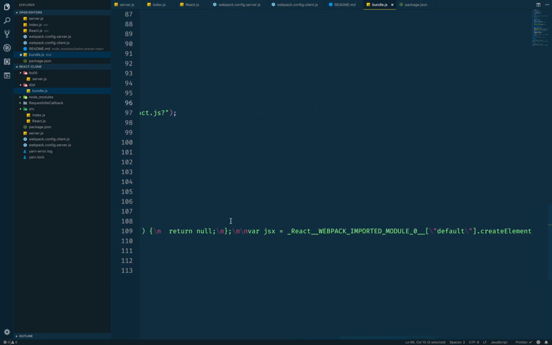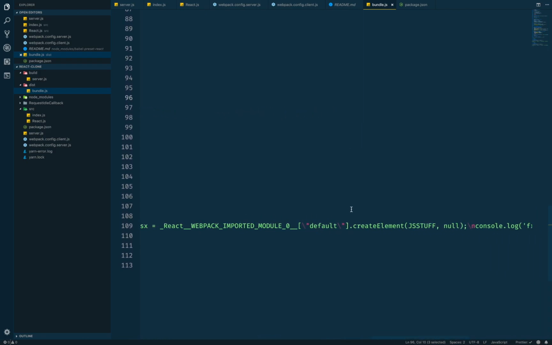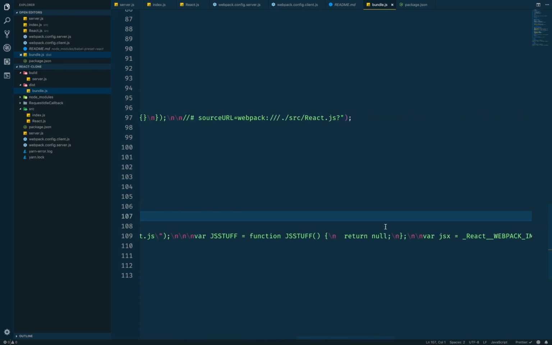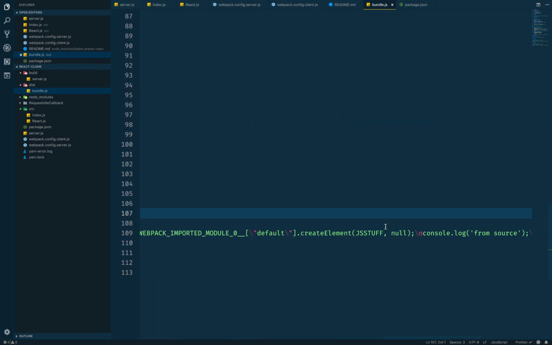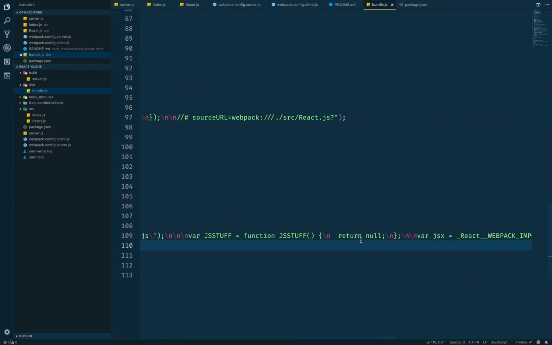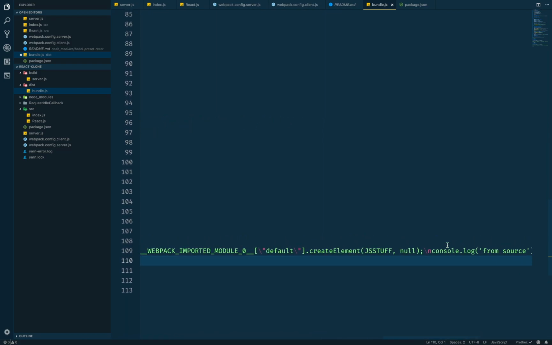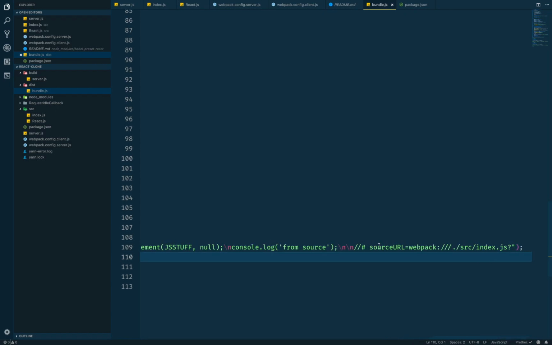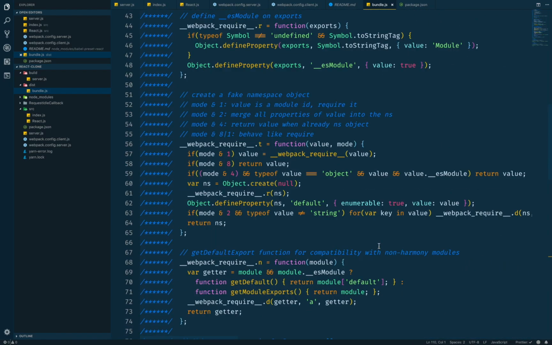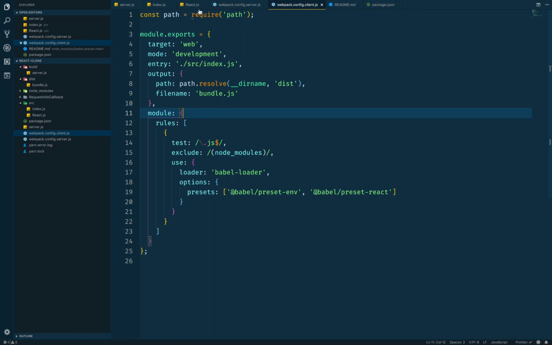Okay. Very good. Here is create element. So Babel took care of it and successfully translated JSX into React create element. Okay, so we managed to make it work now